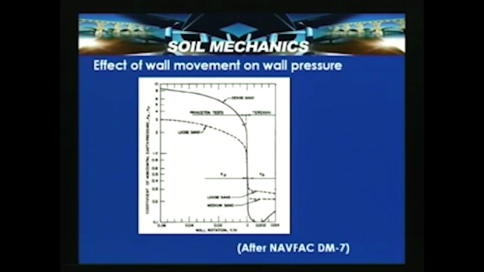So this is after NAVFAC Design Manual 7, where it shows the effect of wall movement on the wall and on wall pressure. This is the wall rotation and this is the coefficient of horizontal earth pressure, Ka and Kp. You can see how it varies for loose sand, and this is the zone for the active case and this is the zone for the passive case, and this is how it varies for dense sand. This we already discussed, only this is shown for reference